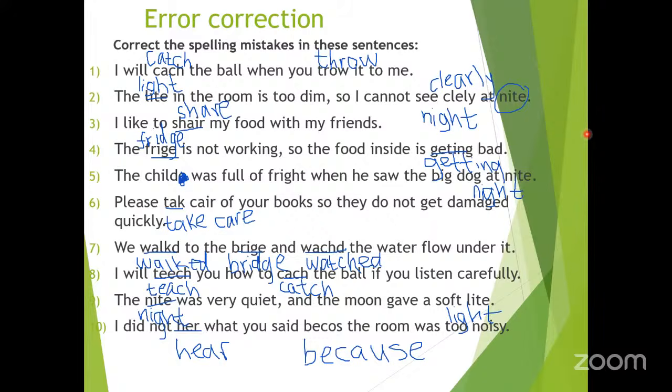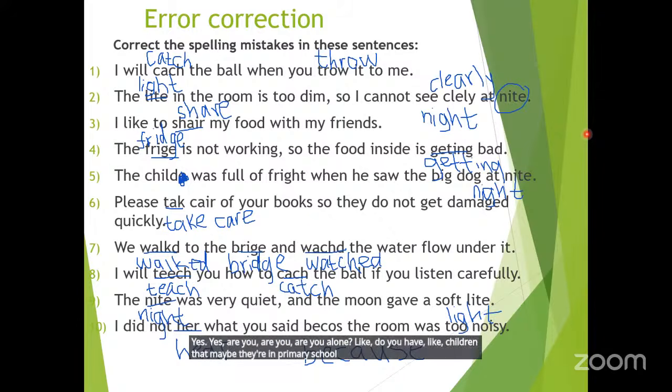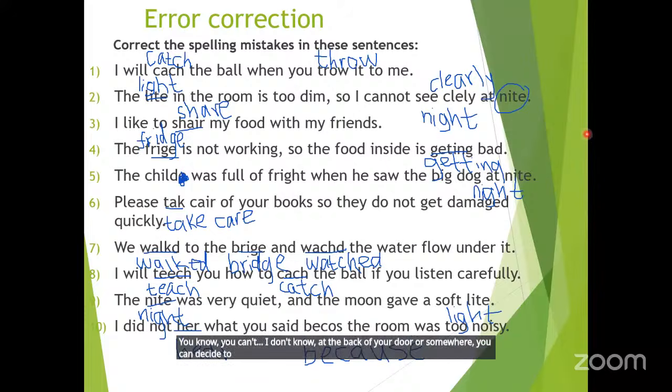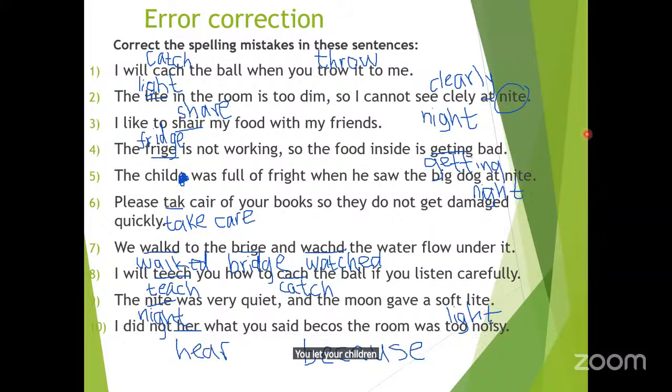Are you alone? Do you have children that maybe are in primary school? Because you can actually have fun with your children while you are learning. You can make up your mind that today I'm going to learn 5 words, or 10 words. 10 may be too much, let me assume 5, especially words that you know you make mistakes in spelling. You let your child know, maybe the one in primary 4, primary 3, even primary 2.